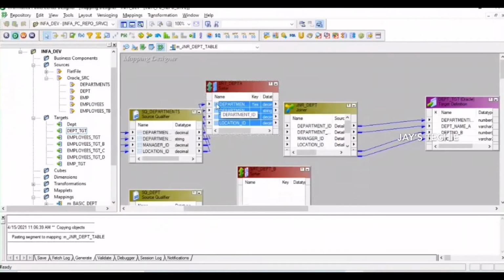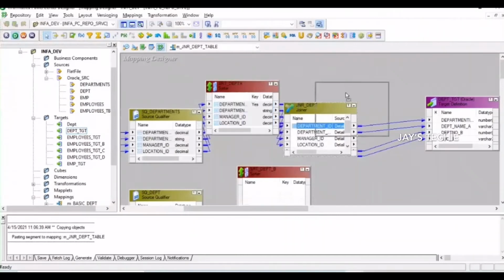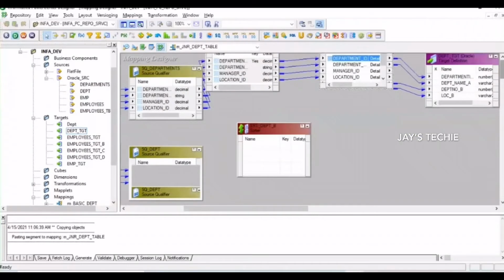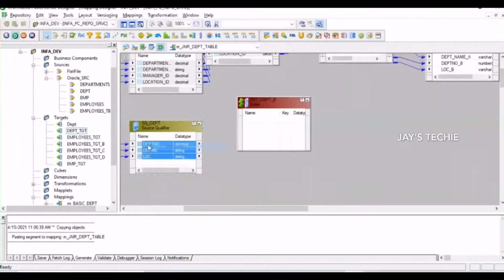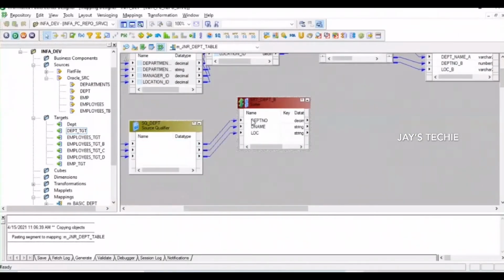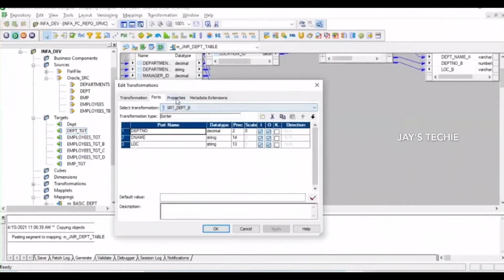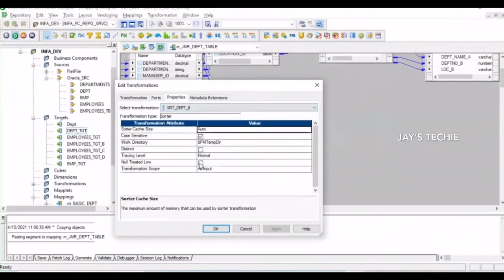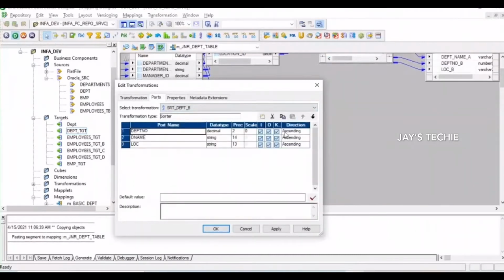Now drag this and join this over here. Similarly, go to the department table, select all, click on this, and go to properties. You can see that let's also check distinct, then click on ports. Everything is selected as distinct by default.